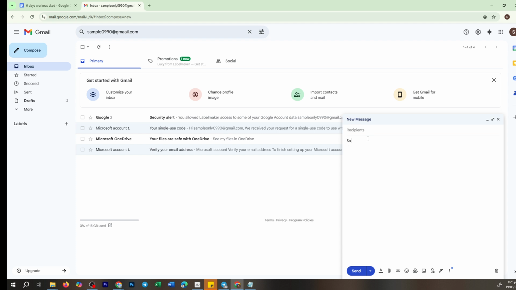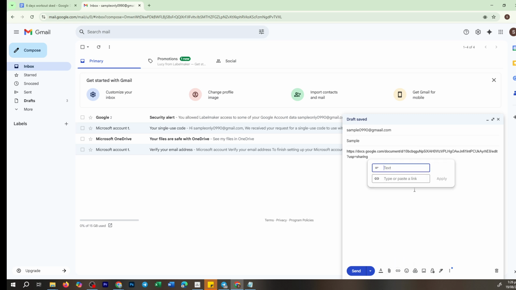In the body of your email, you can either simply paste the link directly, or if you prefer something a bit neater, use the Insert Link option. To do this, type the text you'd like to display. Something like "Click here to view the documents" works well. Then highlight this text, click Insert Link from the toolbar, and paste the copied link into the URL box before